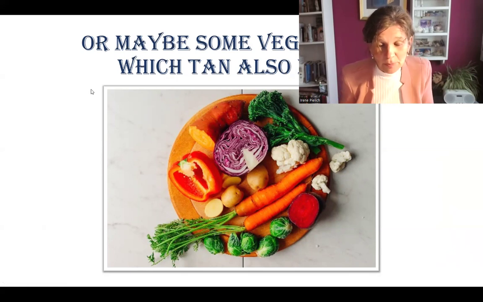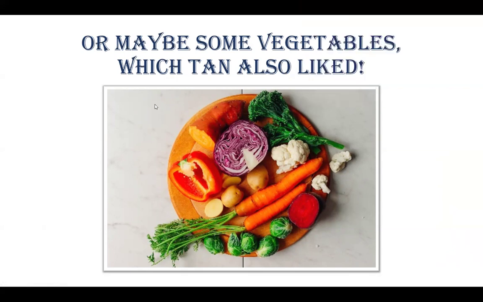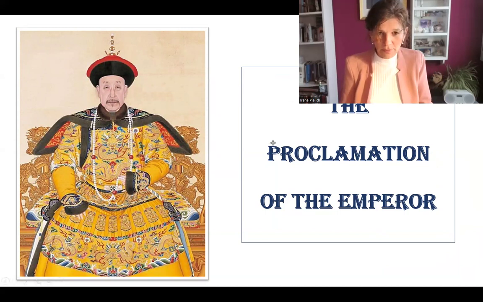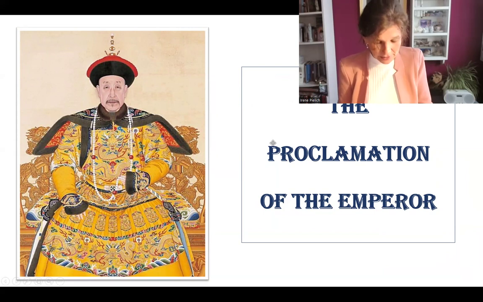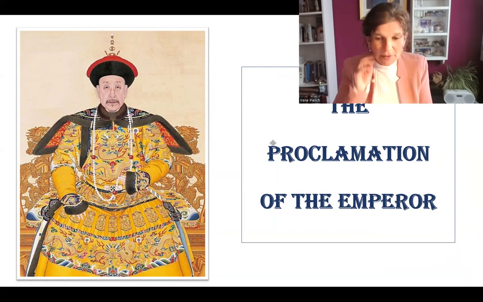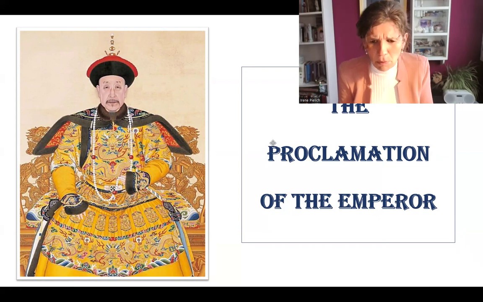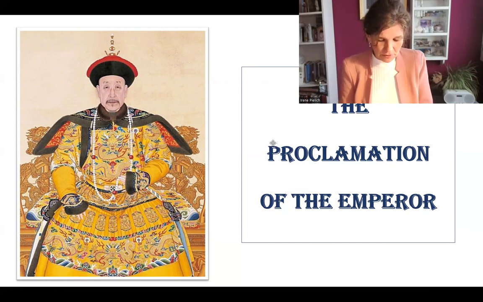And I will show the next picture. The next picture is from an emperor. The proclamation of the emperor. One day, in the emperor's palace, the emperor of all China made a proclamation. He said, I will give a reward to he who comes forward with the greatest piece of pottery in the whole kingdom. Send this word to all potters throughout all of China that the piece which is most beautiful will receive a wonderful reward.